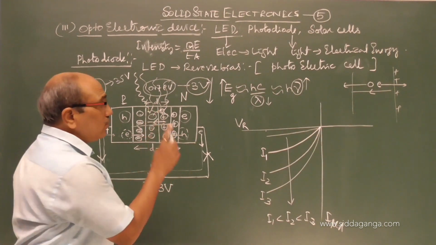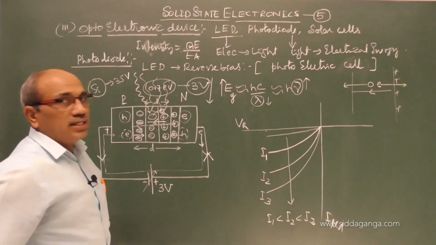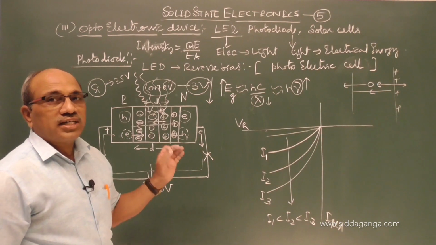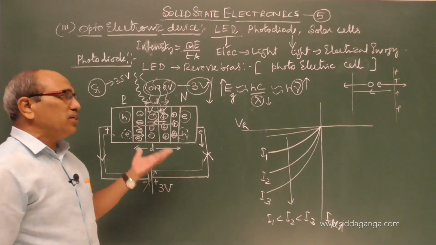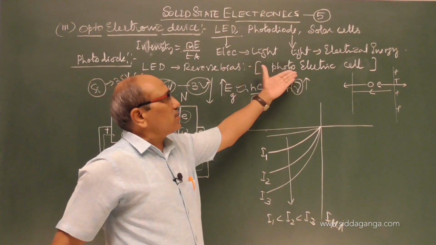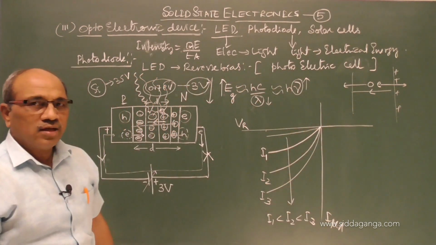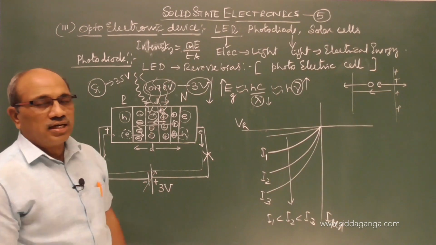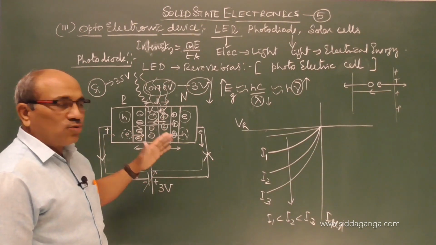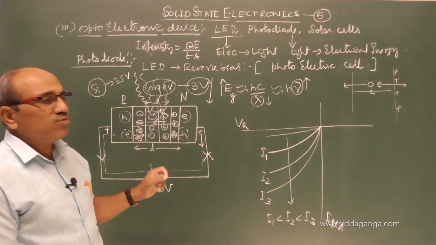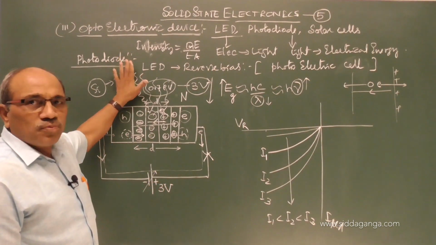Therefore, these photodiodes are widely used as a photodetector device. Other applications we can do are like what we have discussed in the photoelectric cell. The application of a photoelectric cell as a counting device, a counting meter, it can be used as a counting meter. But in major application we are seeing the photodiodes. I hope you understood.